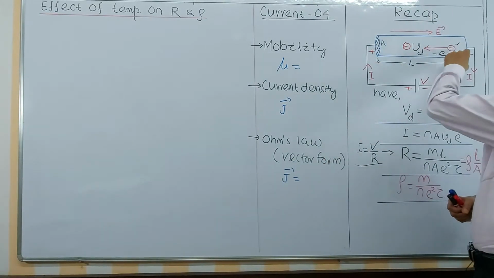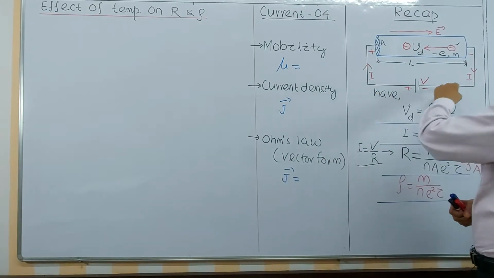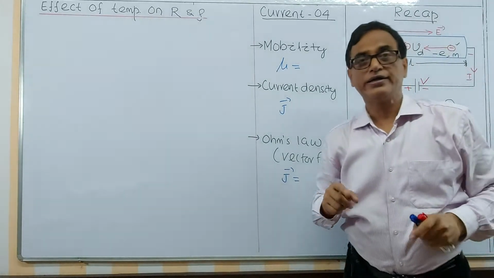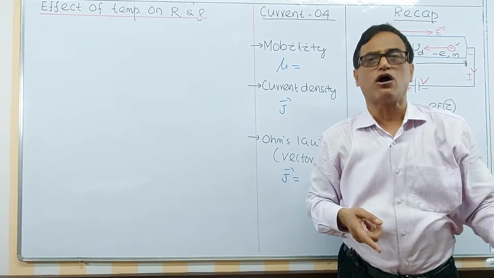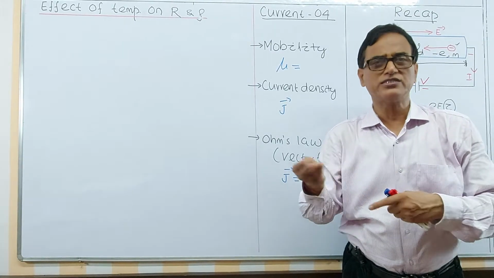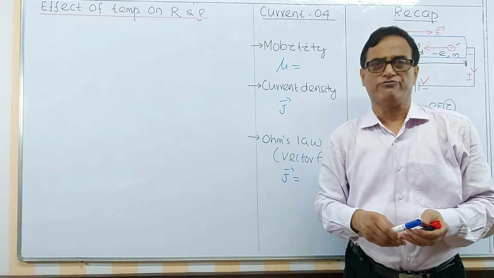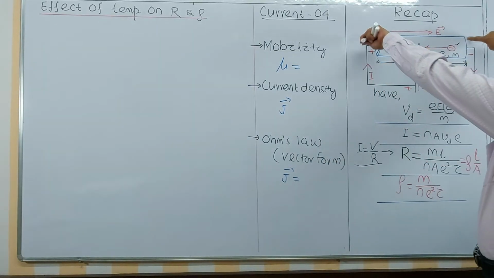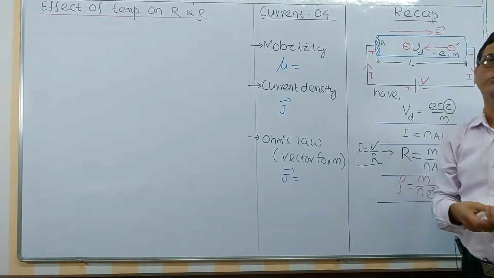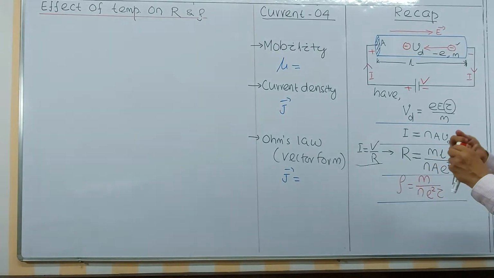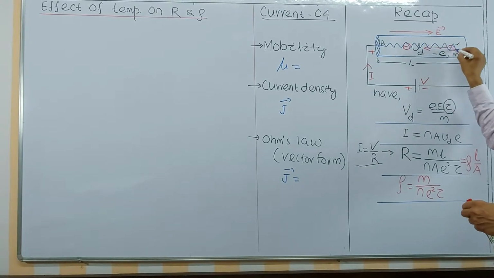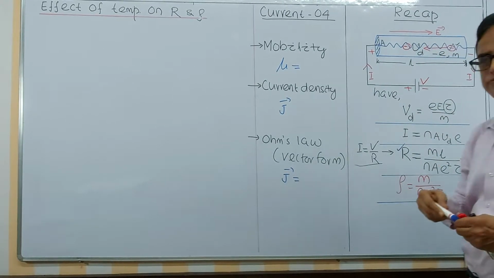And this I have taken as a conductor, and this is the connecting wire. In practicals, you will be given a resistance wire. Resistance wire means its resistance is greater than the copper wire, because copper is a material whose conductivity is greater than the resistance material, the nichrome wire you use in the lab. That's why this is the resistance wire and this is the connecting wire, copper, whose resistance is expected to be negligible. As a result, this conductor opposes the flow of current. We represent that in the form of this resistance.